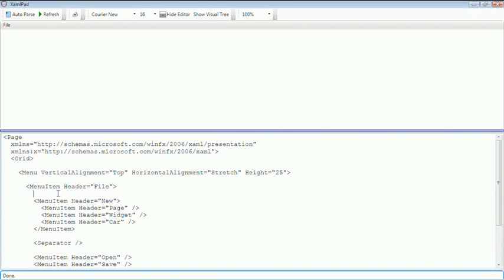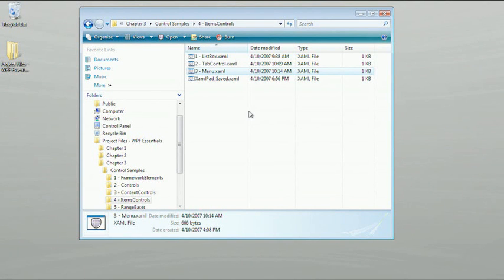Now, menu item uses that to create submenus, but this is actually a pretty common paradigm. In fact, it's exactly what tree view does in order to specify sub-items inside of the tree view. So that's the last example of an items control that I wanted to show you. So let's go ahead and close out of that, and then go back to the control samples folder,